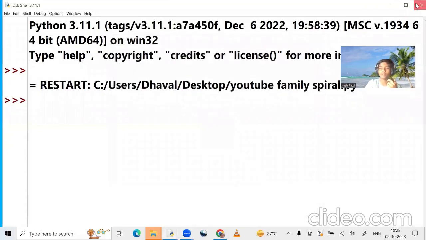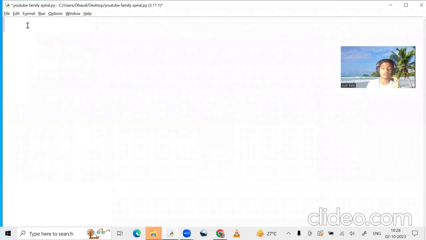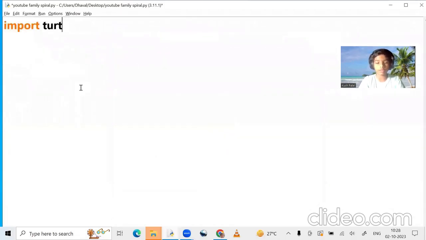Okay, now let's create some complex spirals. So first some commands will be the same: import turtle, because the turtle is making it. Then we write here t is equal to turtle.pen, turtle.pen, and then